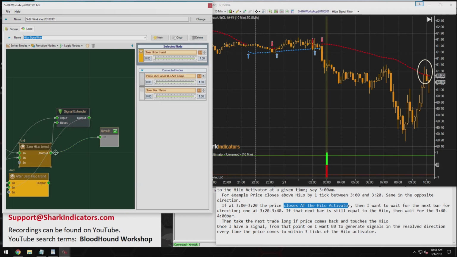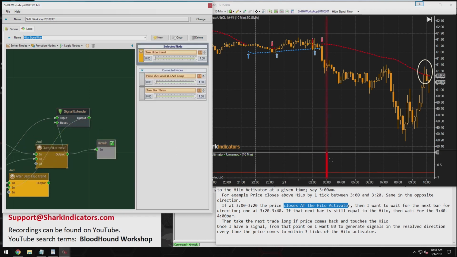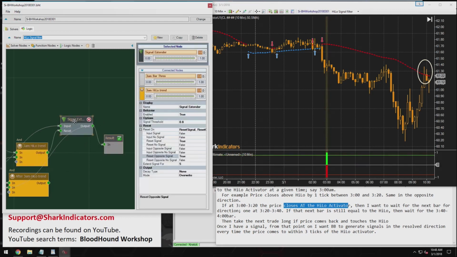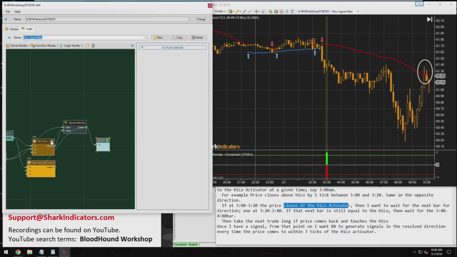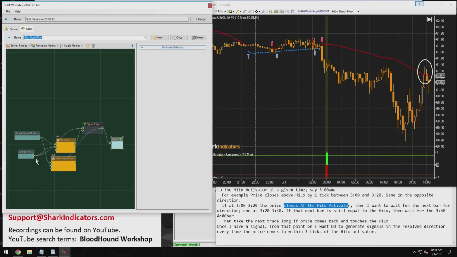So remember, if we take a look at this AND node again, what's coming out of the AND node? It's a short, right? And short was opposite the longs. So there we go. Now this is not typical. This is atypical here, having this reset signal and reset opposite signal both set to true. That's atypical, and that's because